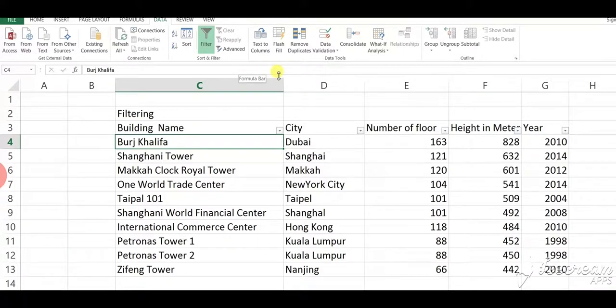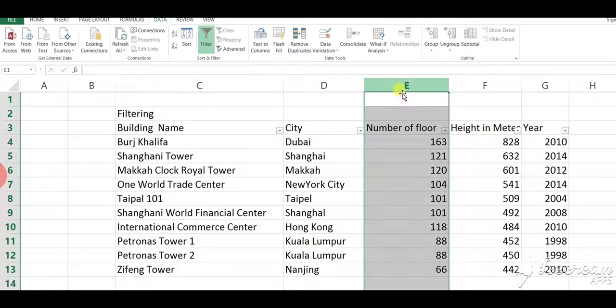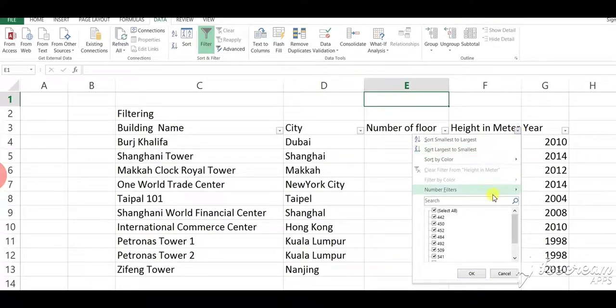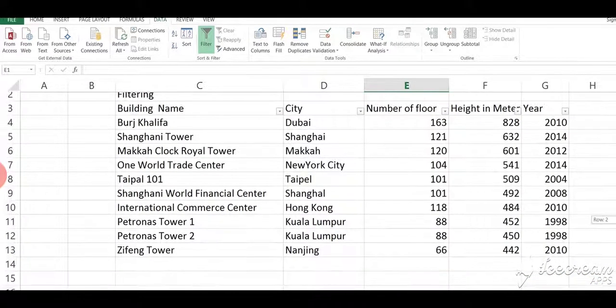Now click on height in meter, click there, again set your table, again set your table.